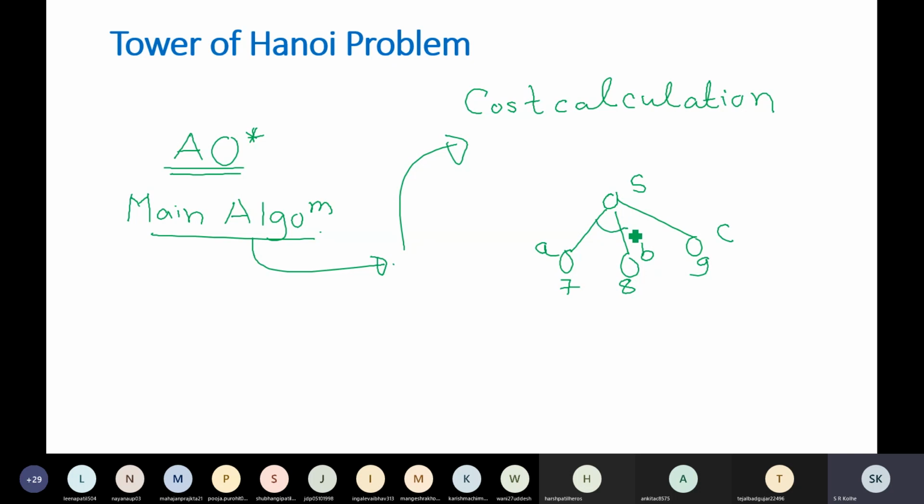Okay. Now this tells you to reach the goal via A or B. But had it been the case like this, now if there is an AND type of arc, how many solution paths are there? In this situation, we are not discussing Tower of Hanoi.